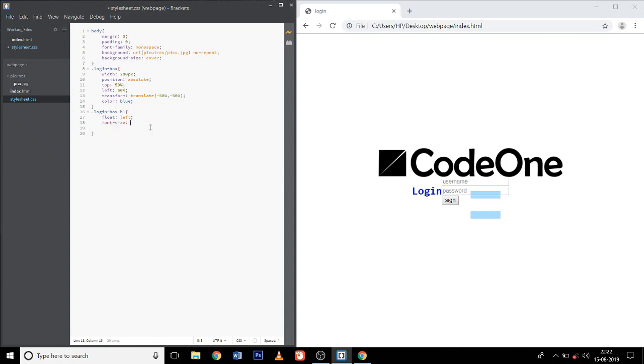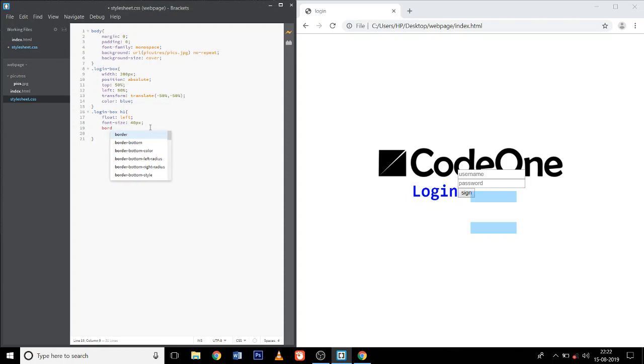Okay, font size 40 pixels. And then border, bottom border, it will be 6 px. Solid,